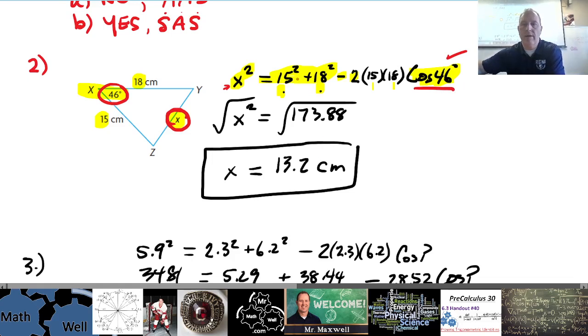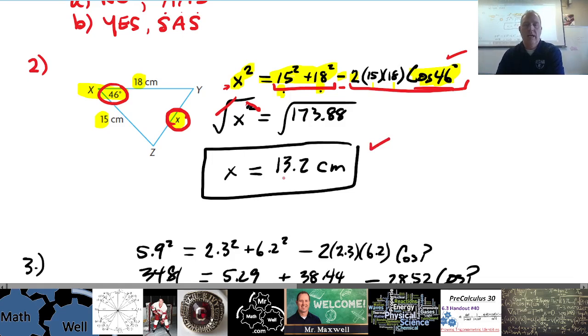Okay, so then what I did here was I evaluated everything. I did this, and I subtracted, and I multiplied all this together to get 173.88. Please make sure you can get this on your calculator. And then to solve for x, I have to make sure I remember to square root both sides, and this should be your answer